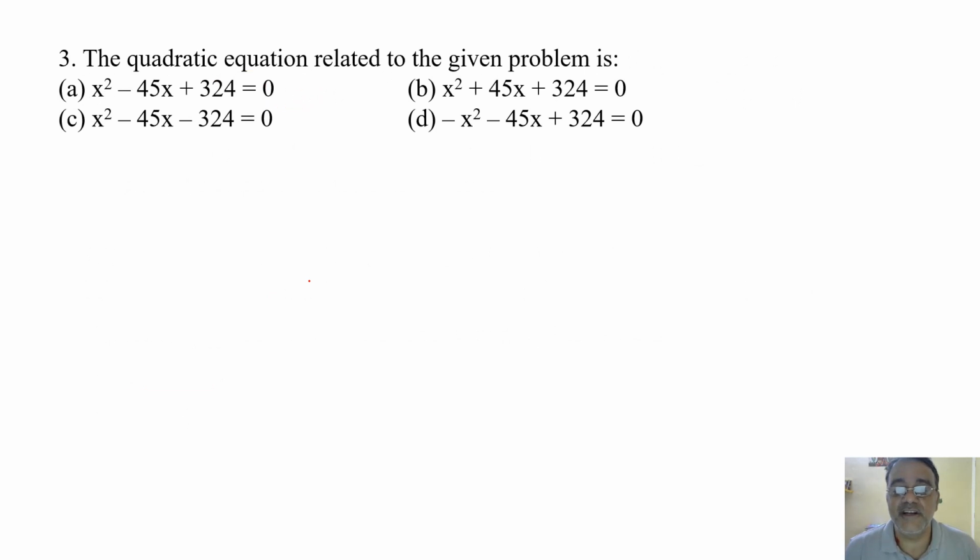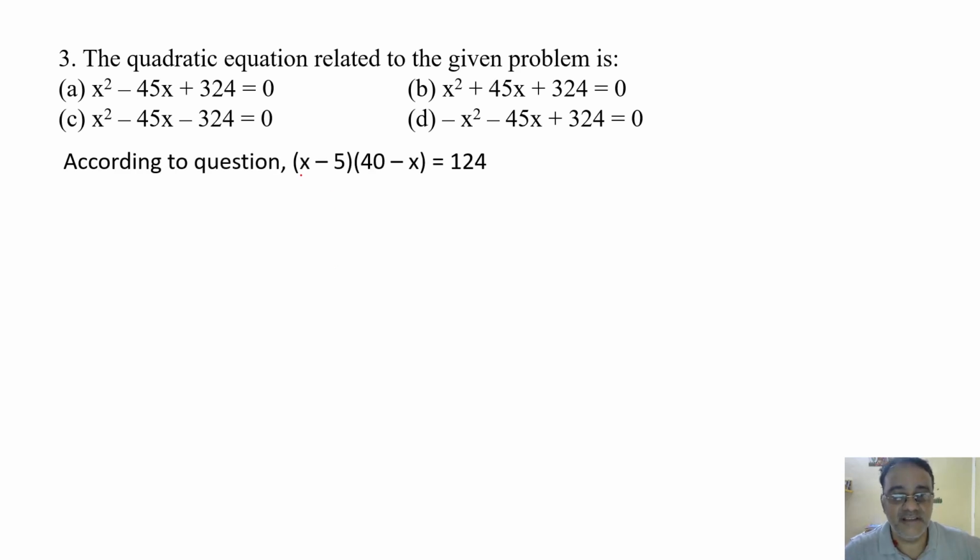The quadratic equation related to the given problem is dash. Now we have to find the quadratic equation first. So what is given is that when both lost 5 marbles, the product is 124. So we found Jivanti's as 40 minus x. John's will be x minus 5. The product is 124. So look carefully here: minus x square plus 40x minus 200 plus 5x is equal to 124, and we shifted 124 here, so minus 124.